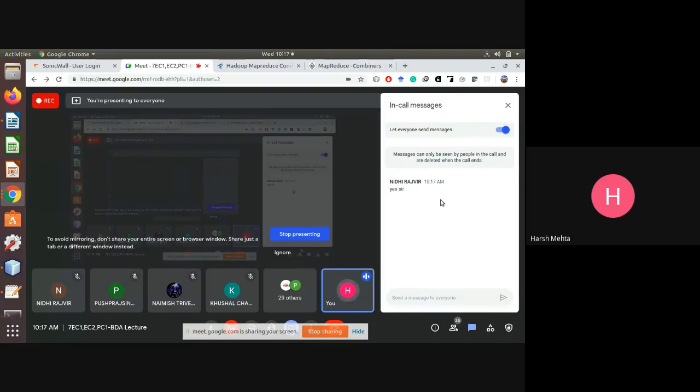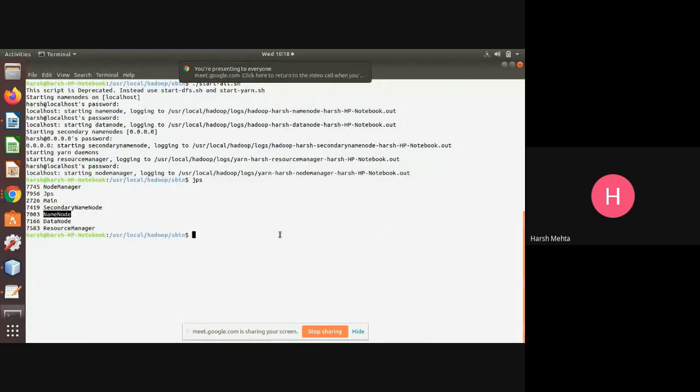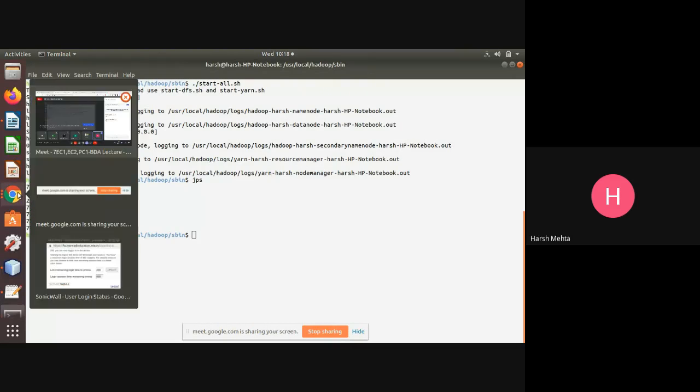What I said about the partition class and everything, pay attention. Very, very important from the exam point of view. You are supposed to write the program in your exam also. Fine. So once we start, what next do we need to do? Okay, let's check which file we need to process.